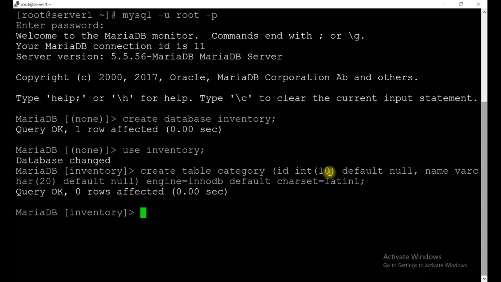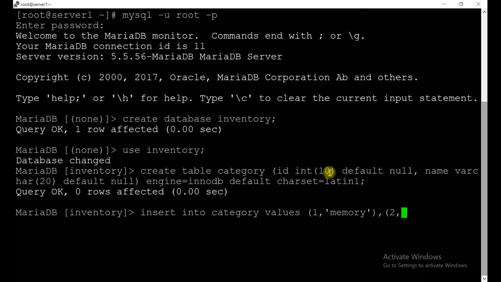Okay, so we have the table created. Now let's insert into category values. First will be memory. You can enter any value, depending on your requirement. Close the bracket, comma 2.